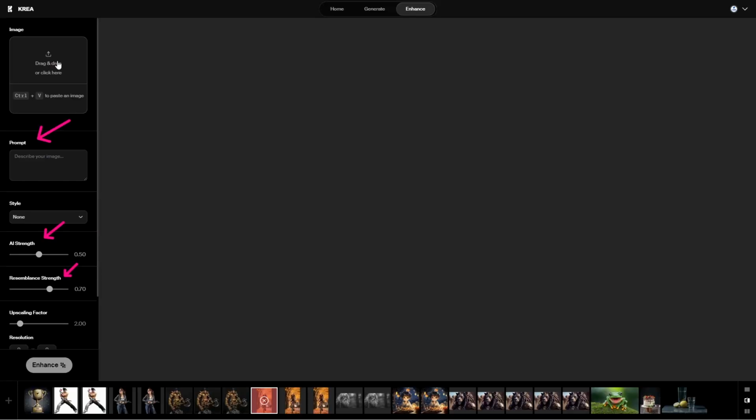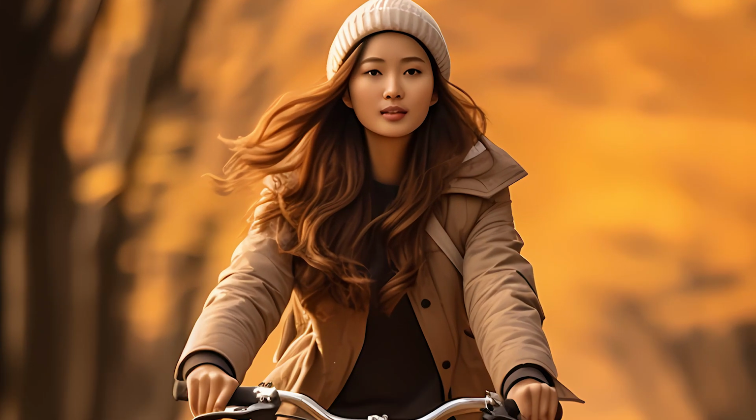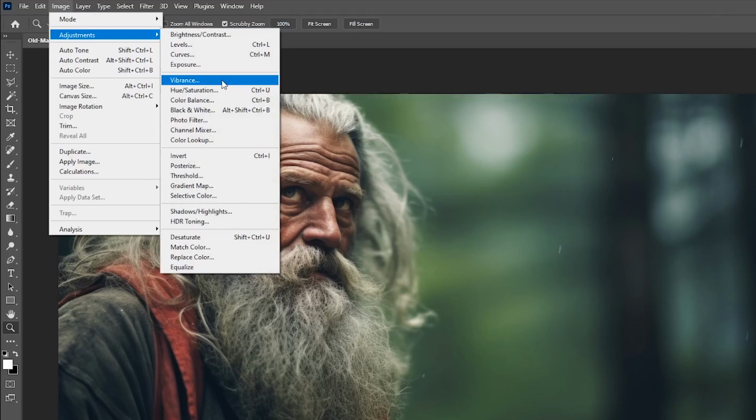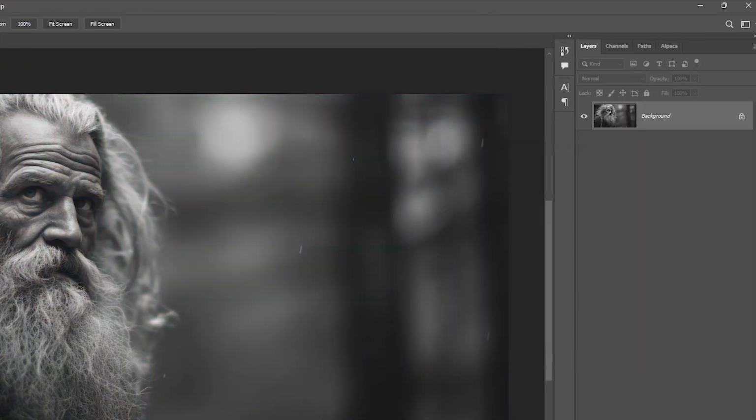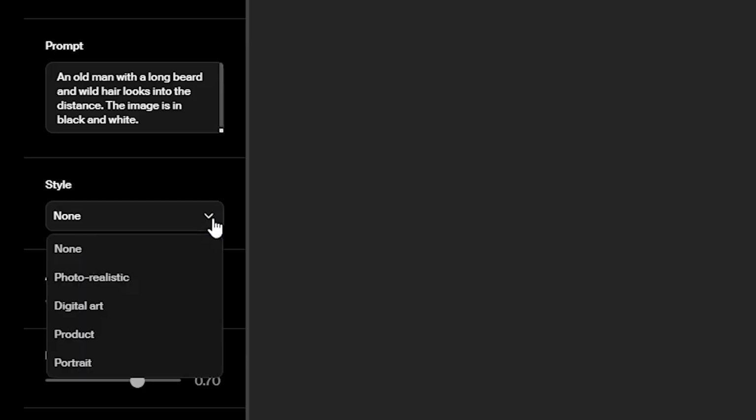For now, let's upload our image, and for this example we use this old man portrait. Because we have another color portrait, I used Adobe Photoshop to change this old man portrait to black and white. Let's select this image. As you see, this is our uploaded image, and you could use this enhance button to resize your image, and you could select your image styles, for example, photorealistic, digital art, product, or portrait.